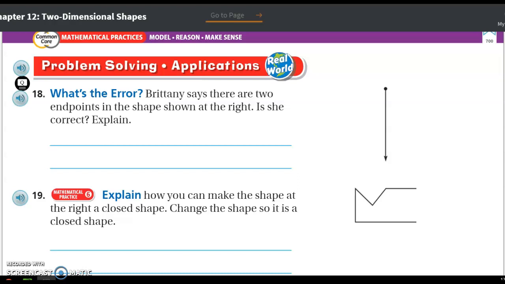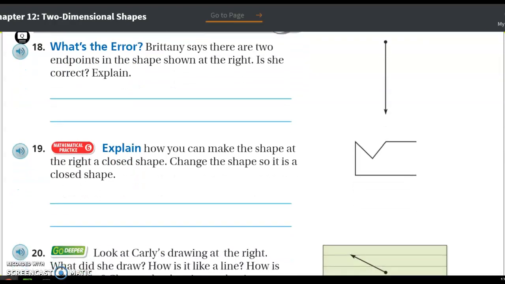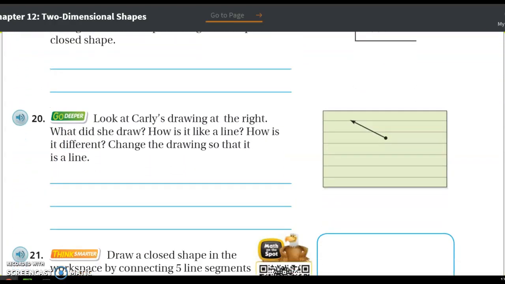If you answered it correctly, you would answer no. There are not 2 endpoints in this shape. There's 1 endpoint, and it extends in one direction through a line. So this would be an example of a ray, not 2 endpoints. We're going to skip 19,